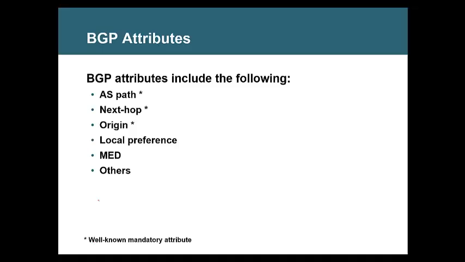That's talking about origin. Well-known mandate. Local preference. This is also a well-known one, but not a mandate one. Local preference is a numerical value that shows the preference level